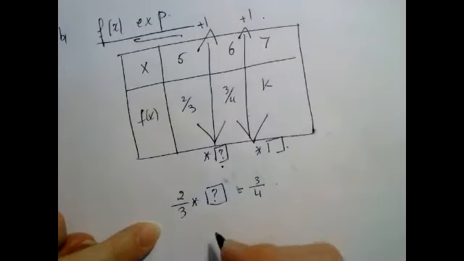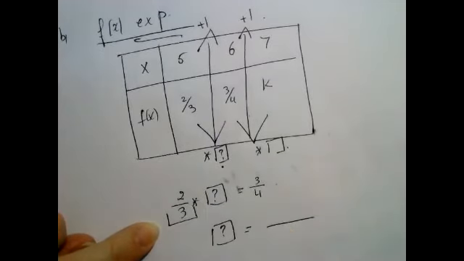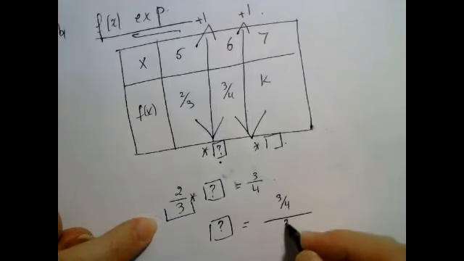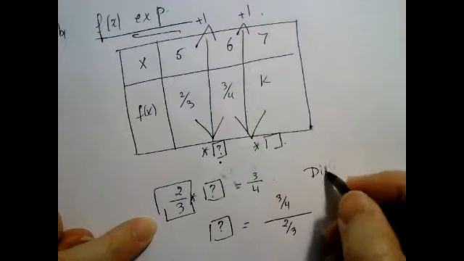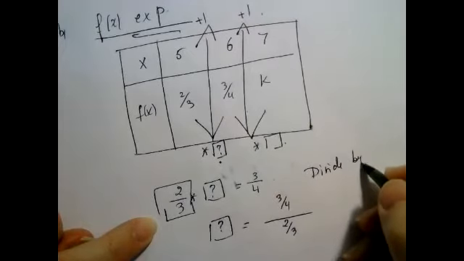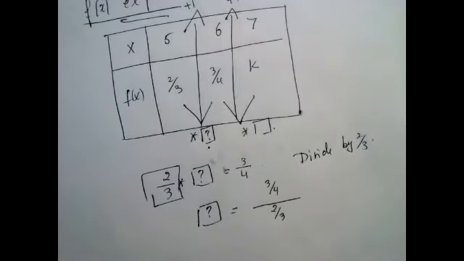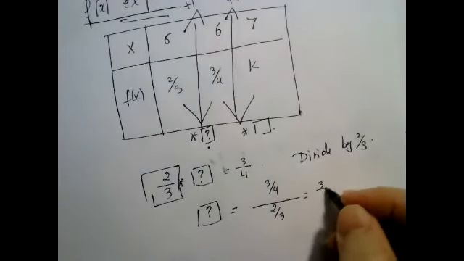So how can you find the question mark? You can divide by 2/3 both sides. We're going to divide by 2/3. Okay. Are you with me so far? I'm addressing the whole class, but I have to pick one student to make sure the whole class would follow. Yeah, I understand. Okay, now what do we get? It's 3/4